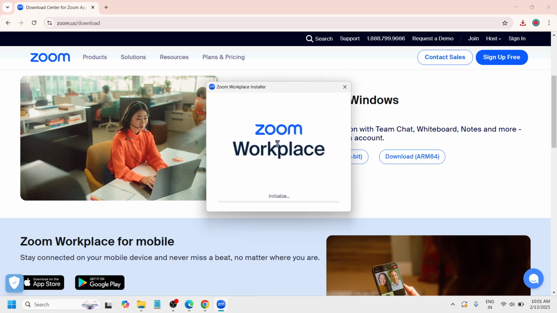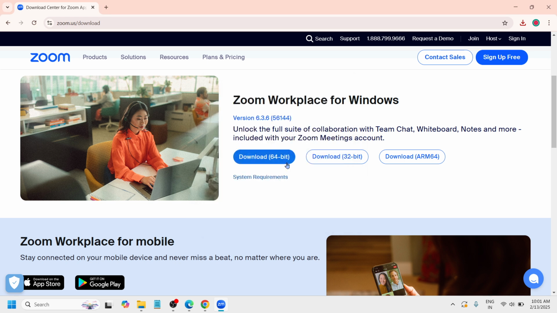So the moment you click on that, you will be redirected to the installation of this Zoom app. Okay, just have to wait until the process is done. Okay, so once it is installed, just have to close this,